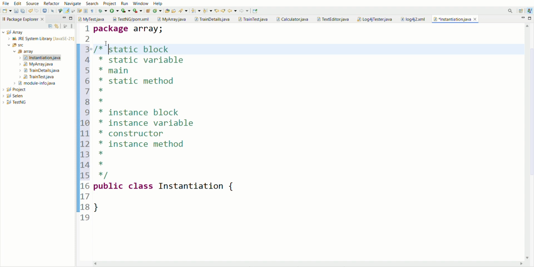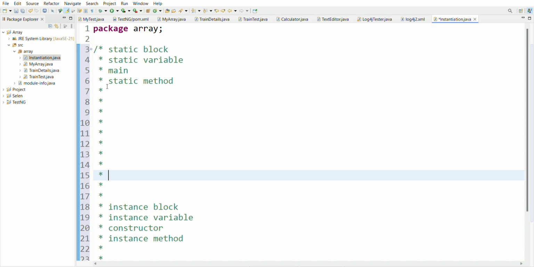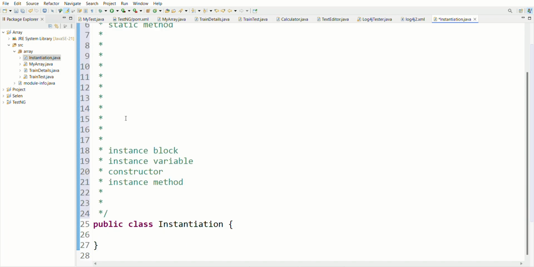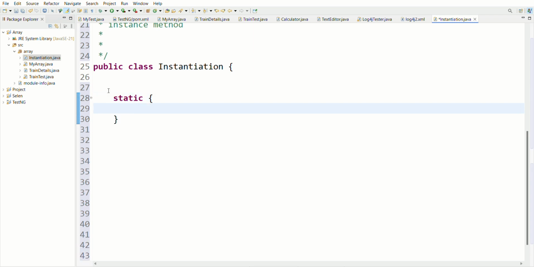Here static void is there, that's why the main method is static, so we can categorize it as static. So let me first start with the static area, because at the time of class loading all the statics are identified from top to bottom. At first, static block. What is a static block? I don't want to go into too much depth. As I am writing here, static, curly braces start and curly brace end. This is known as the static block.